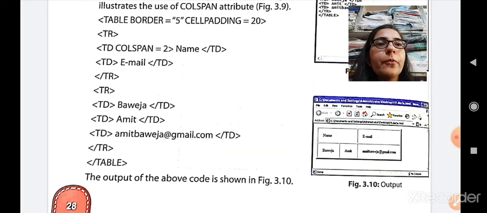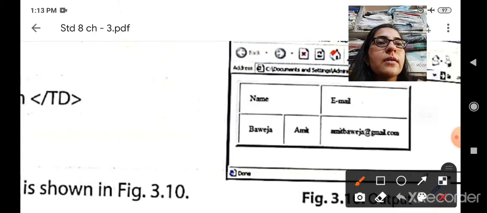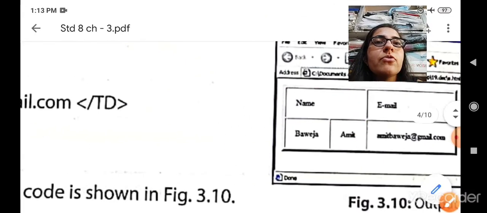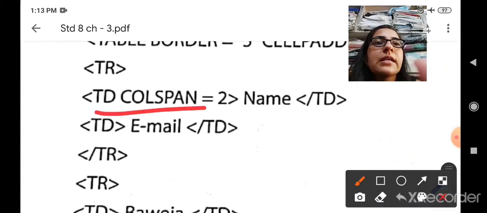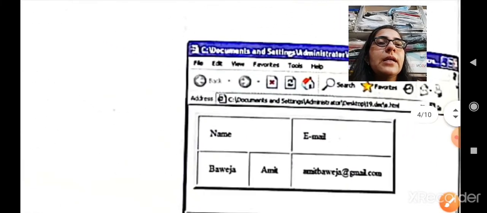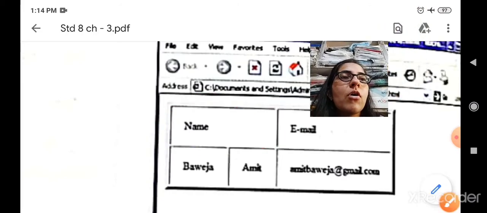Now let us see the output here. Can you see that the two cells are merged here? Here the two columns are there, but here only one column is there. Why? Because we have used this tag. We have used colspan in this name column. Therefore the name column will be merged, and the two columns will be mixed and will be equal to one column. So because we have used colspan, only one column will be displayed. This is how you can use colspan.